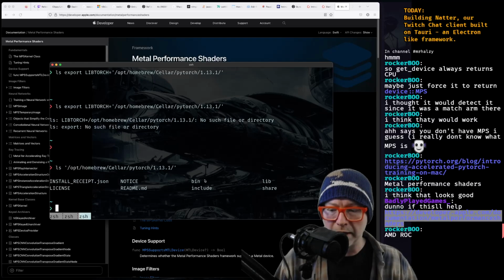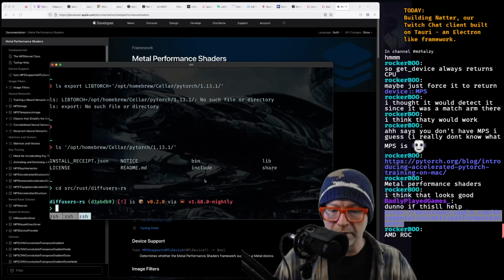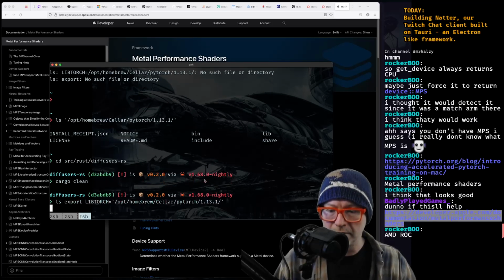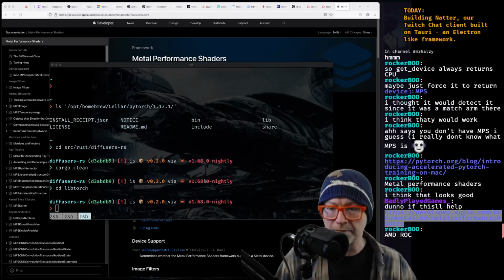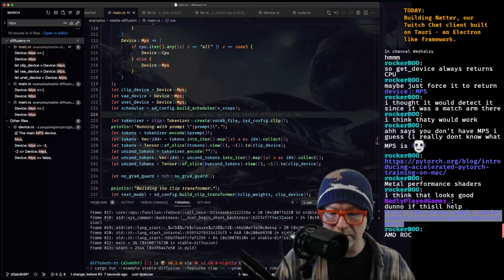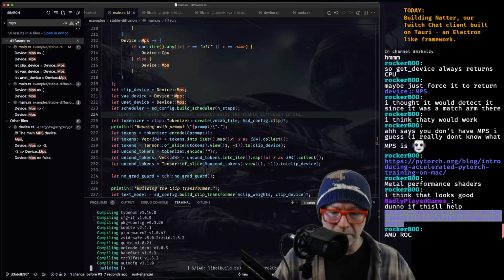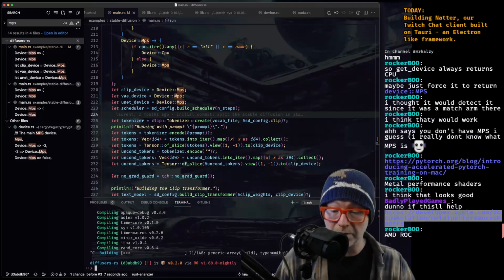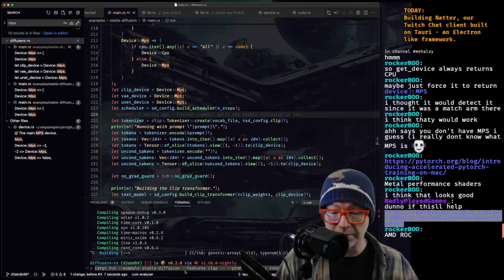Now if we go back, see, source rust, diffusion, okay. Cargo clean. Where was it? Now, oh, that didn't get the new library. Let's copy that.